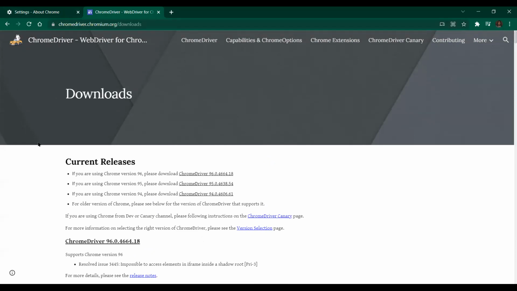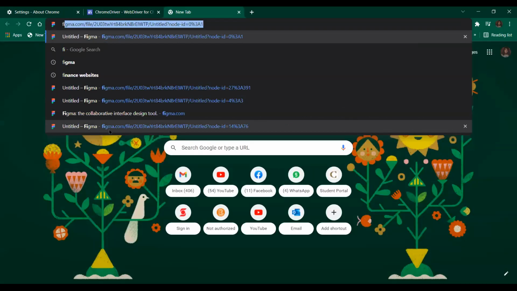And if we need to run the test scripts on Firefox, we will go to the Gecko driver for Firefox.